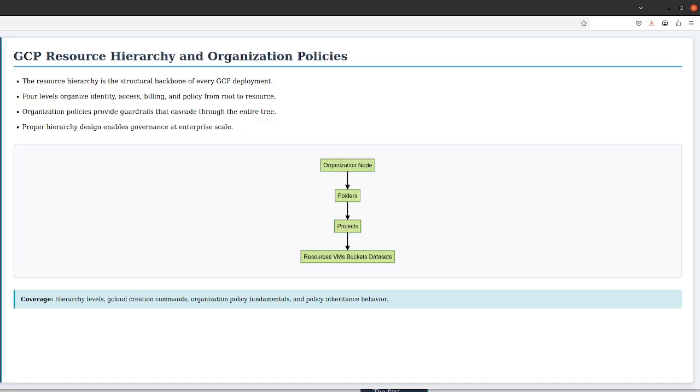Let me walk you through this diagram, which shows the four levels of the GCP resource hierarchy. The organization node is the root of the entire tree and represents your company in Google Cloud. The organization node connects to folders, which act as a grouping layer for departments, environments, or business units. Folders then connect to projects, which are the workhorses of GCP where resources actually live. Finally, projects connect to resources such as virtual machines, cloud storage buckets, and BigQuery datasets that perform the actual work